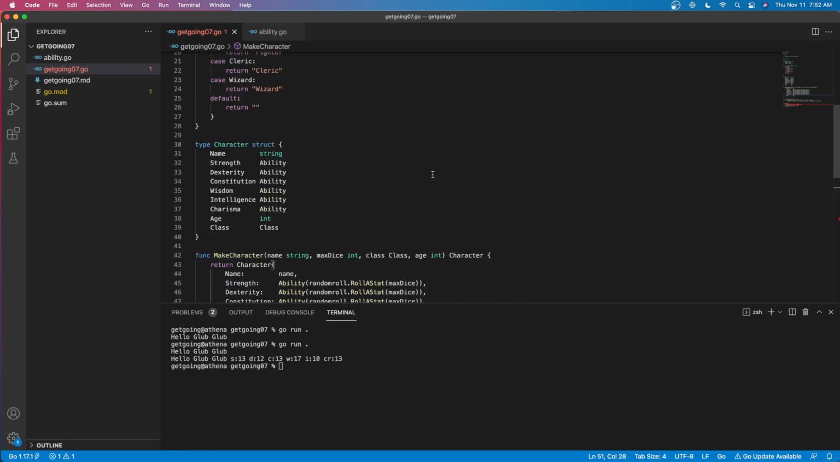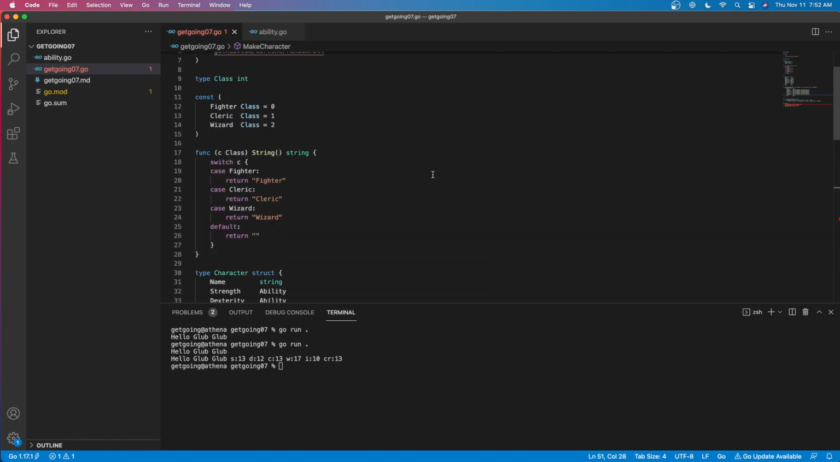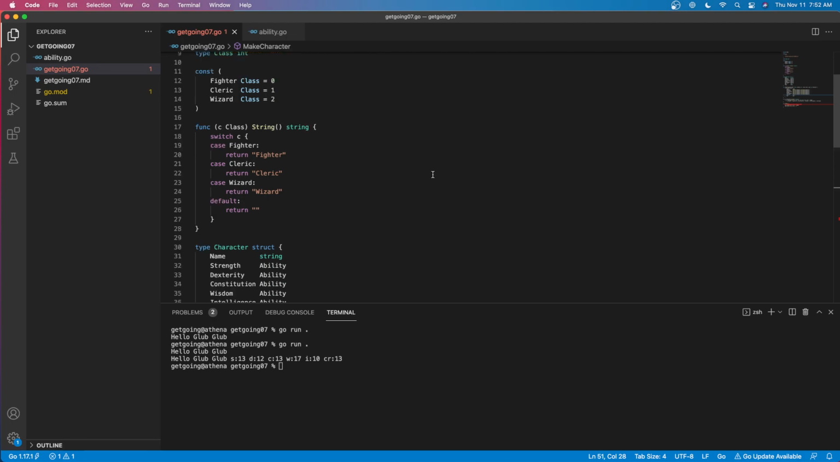Okay. Now we also need an alignment. We've got class here. Let's make Alignment. Remember, an alignment is two parts: there's whether you're lawful or chaotic, and whether you're good or evil, or neutral in either case. So we've got type Alignment, and let's go ahead and make this into a struct, and we're going to have